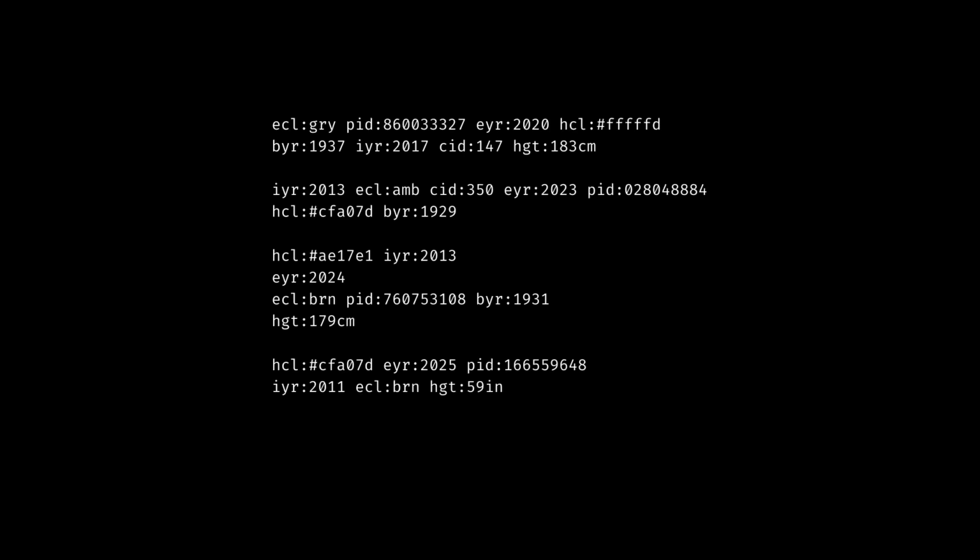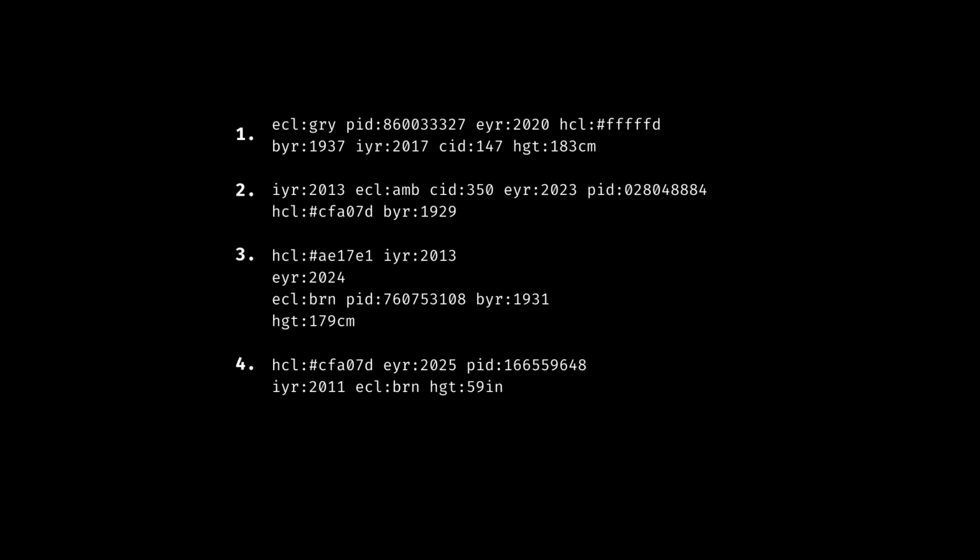In this problem, we're going to be given a fairly large text file as our input. Here's just a little chunk of it. What they have here is really just some passport information. They tell us that every passport is going to be separated by a blank line. So that means in this particular example, I have 4 different passports. Along with that, a single passport can have a few different fields. We can have eye color, passport ID, expiration year, hair color, birth year, issue year, country ID, as well as